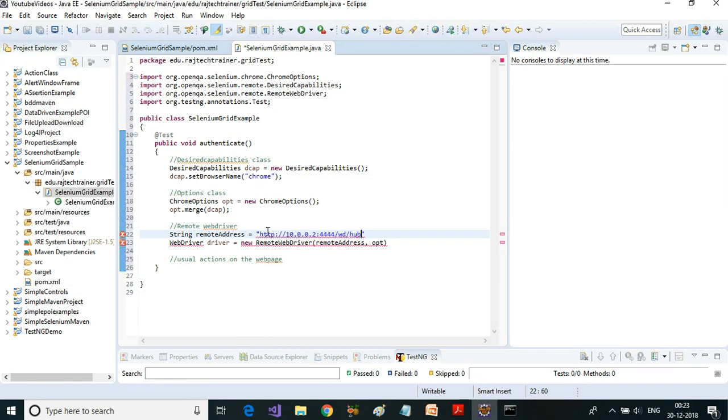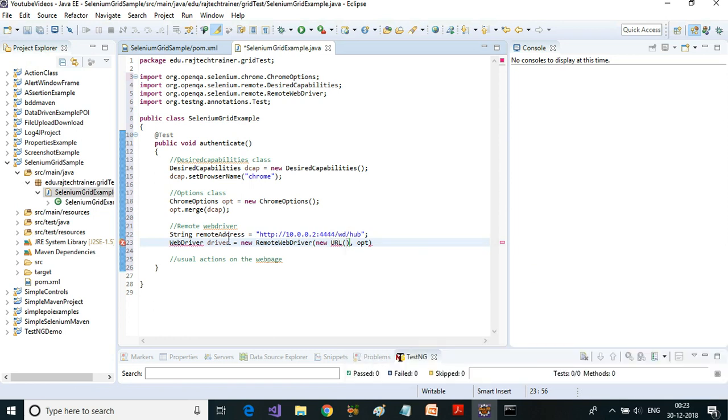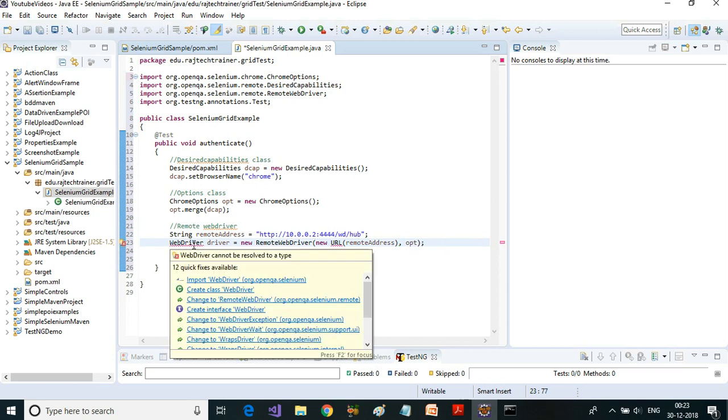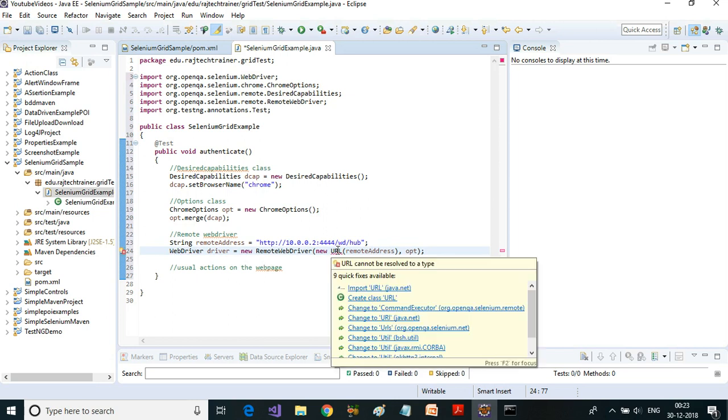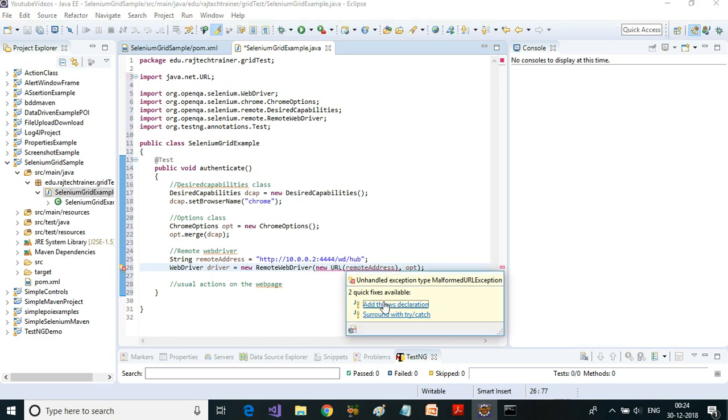Now this remote address will be new URL, and the URL will take a string value which will be our remote address which we just created, followed by semicolon. Let us import this URL, and there is an unhandled exception here, which I'm going to throw.